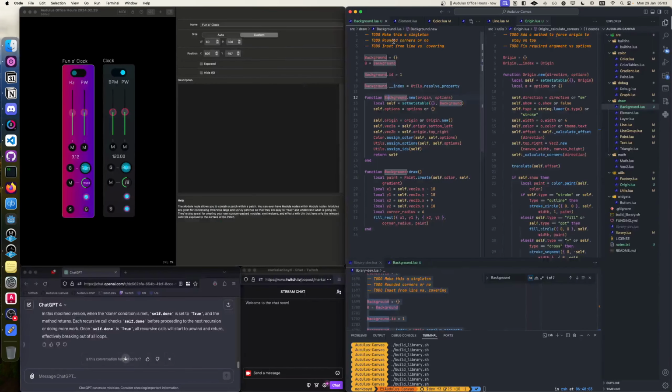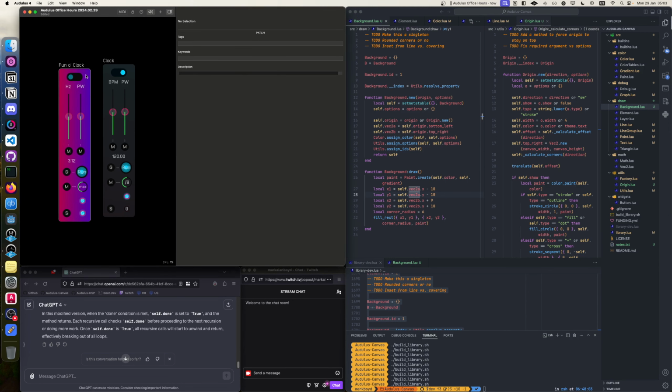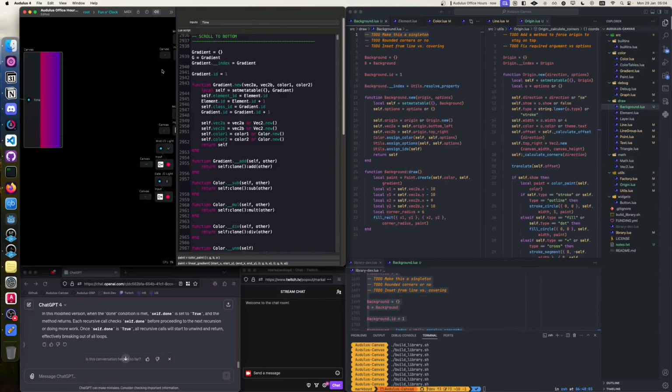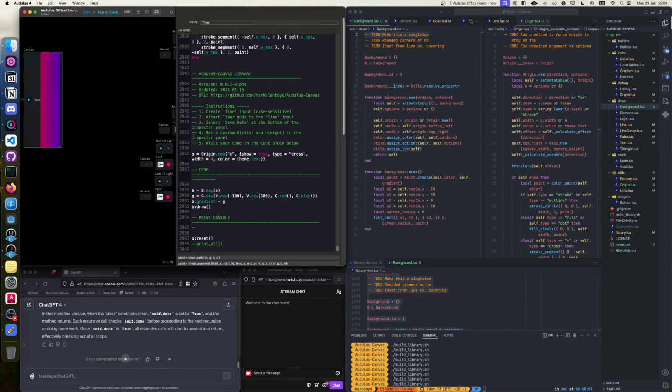There we go. Okay, so yesterday we made a background class that allows us to do this nice gradient here in the background, and we're going to further refine that today. First, we get to make this a singleton, and what that means is I want the gradient background, or